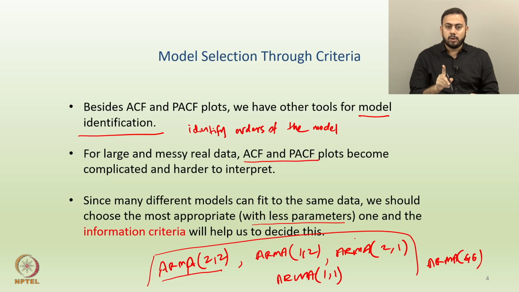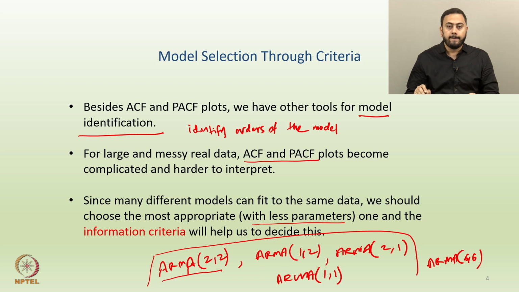Now firstly, what do you mean by a model having less parameters? So less parameters obviously means that, for example, ARMA 1,1 would have lesser parameters than ARMA 2,2, right, because if you have more orders, then eventually if you bring the ARMA equation in your mind, so if you keep on increasing the orders on any side, be it AR or MA, the number of parameters also increase in that case, right. The number of phi coefficients and the number of theta coefficients, they go on increasing. So in this case, ARMA 1,1 would have a lesser number of parameters as compared to all the above models basically, okay.